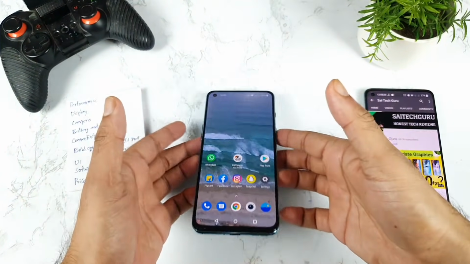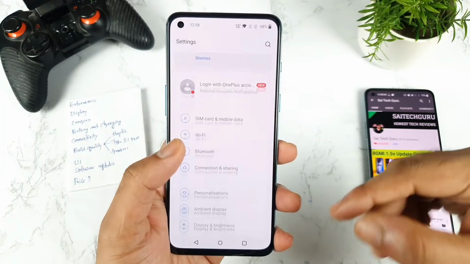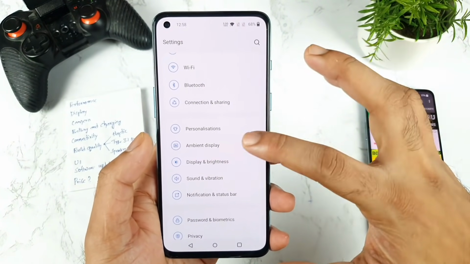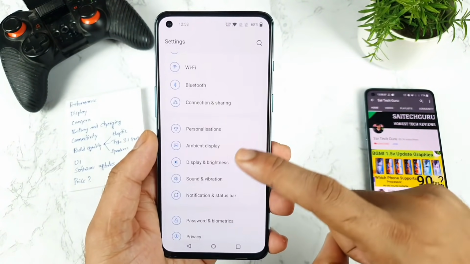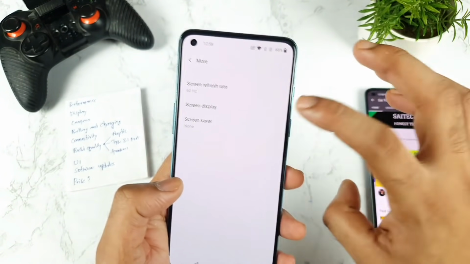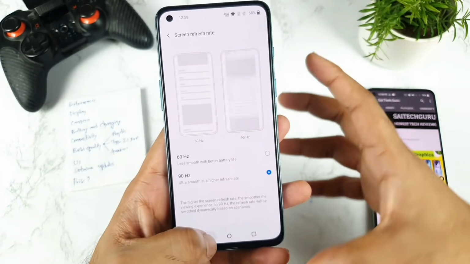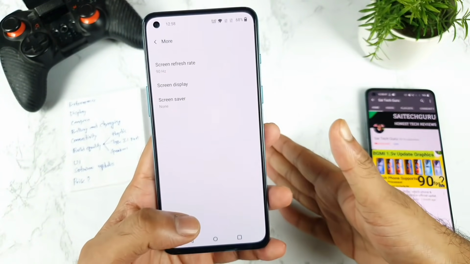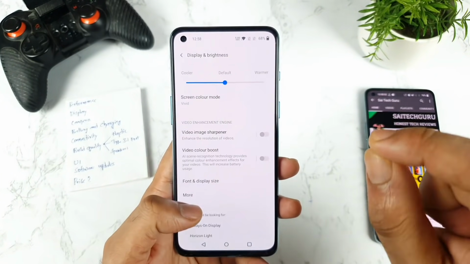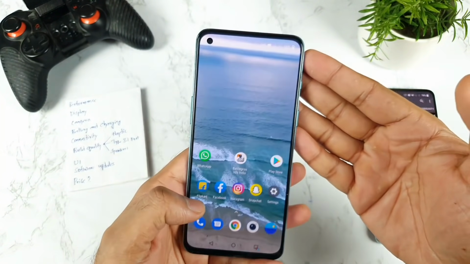In terms of the display, the OnePlus Nord 2 has got the Fluid AMOLED display with a 120 Hz touch sampling rate. Yes, by default we are getting a 120 Hz touch sampling rate, and the refresh rate is 90 Hz. That's the one sad part, but it's not a big deal for most users. We did expect 120 Hz, which is quite common nowadays in the 30,000 range. Not only in premium, even in the mid-range segment we're seeing a lot of phones implementing 120 Hz. That's a small drawback.